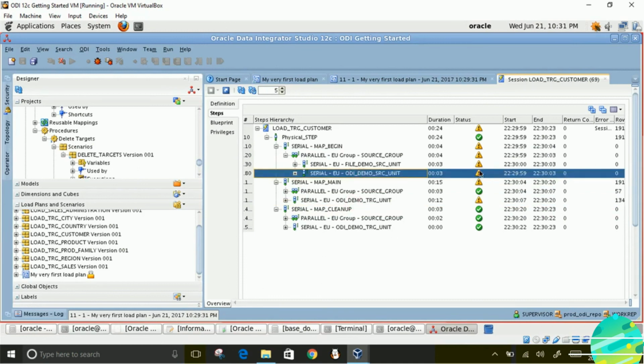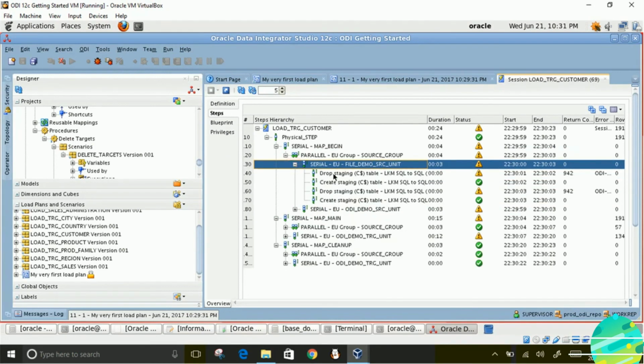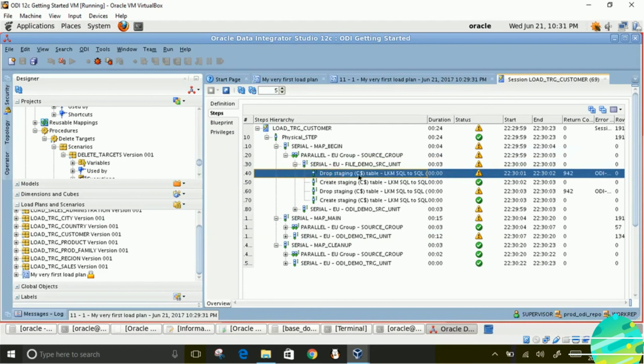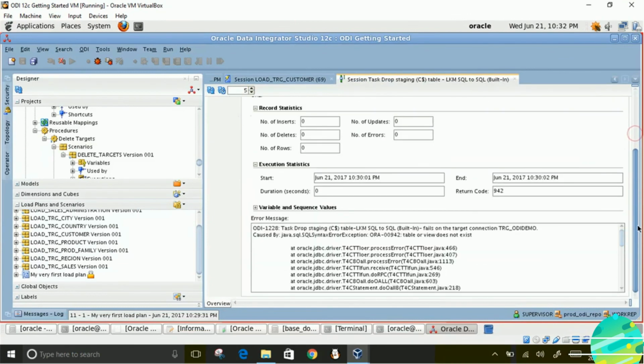If you want to see the error message, double click on any of those tasks which went in error. Let's say this task, drop staging CR table, that went in error. Maybe because that staging table does not exist. So double click on that, go down and you will see the message.